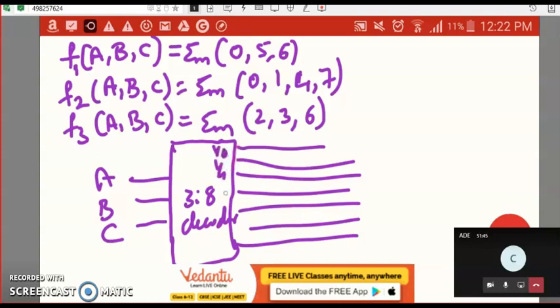Instead of just writing Y0, Y1, I suggest you write the terms like A bar, B bar, C bar. Or else, a very simple thing, you can just write the main terms M0, M1, M2, M3, M5, M6 and M7, so it will be easy for you as well.